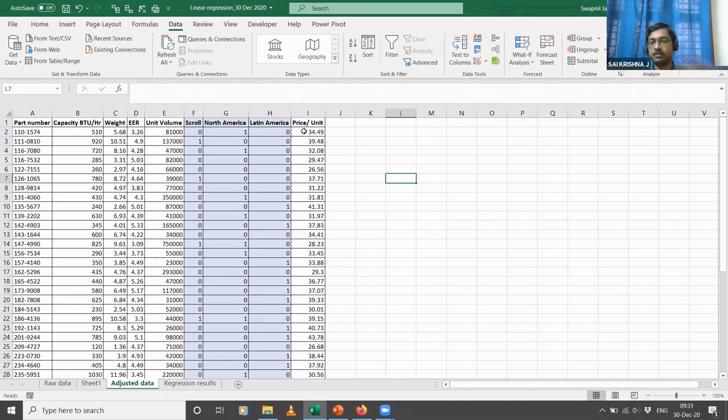There might be some other variables, for example, the material of the compressor or the dimensions of the compressor, such as the length, breadth, weight, or diameter. Those parameters we don't have here. Those unknown parameters could possibly account for the remaining 42% of the variation in the price. But whatever we have here from column B to column H accounts for 58% of the variation in the price per unit of the compressor.